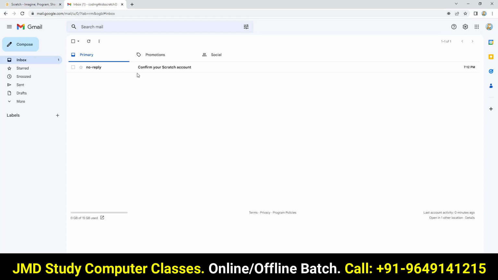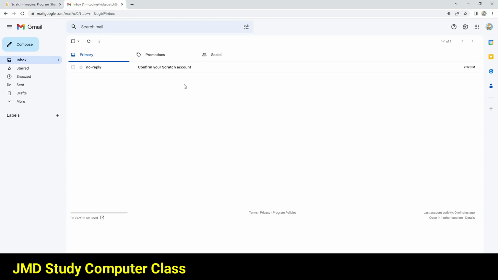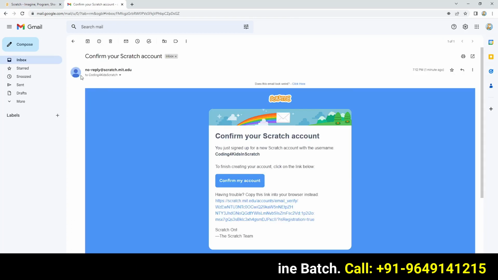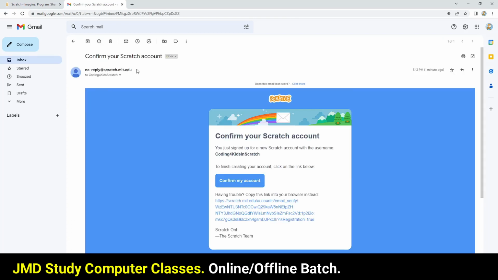for an email that says confirm your Scratch account. Now note, it might be in your junk mail or promotions or some other category, so be sure to check if you haven't found it. So make sure that the email is from noreply@scratch.mit.edu, and then once you find it, you're going to get an email that looks something like this,